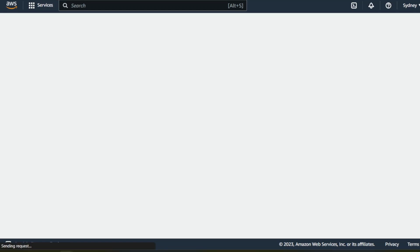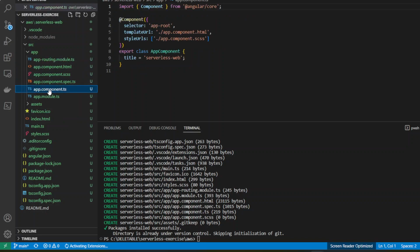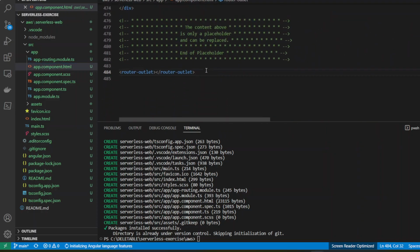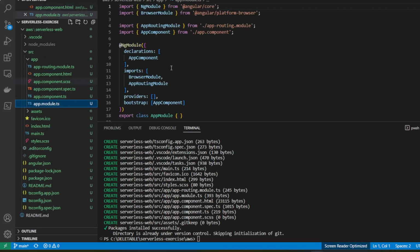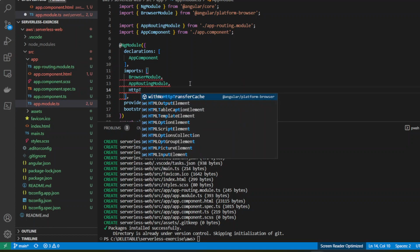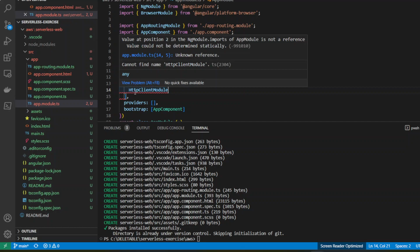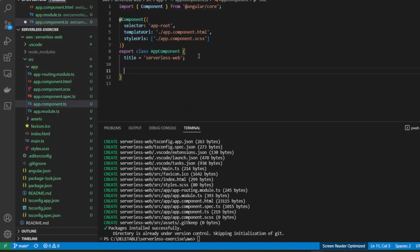Oh, it's so slow. Internet is so slow. Anyway, let's continue with this one here. If it doesn't work, let's make this thing work here. We want to import the HTTP client module from Angular's common HTTP. And in our HTTP here, we'll make a constructor,